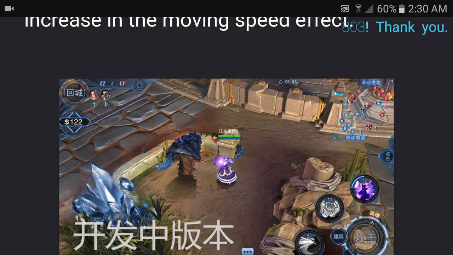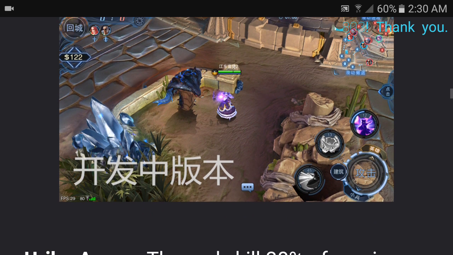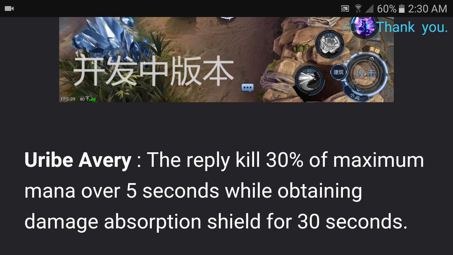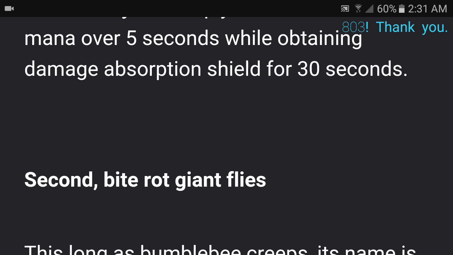Now the second buff, which is this one, looks a little bit blue. So the other one's the red one, and this is the blue buff. The red buff is the HP one. With the blue buff you get 30% of maximum mana over 5 seconds, and you additionally get a shield which will take and reduce damage for you. It's going to be for 30 seconds,